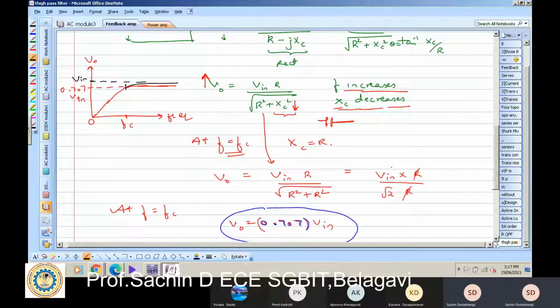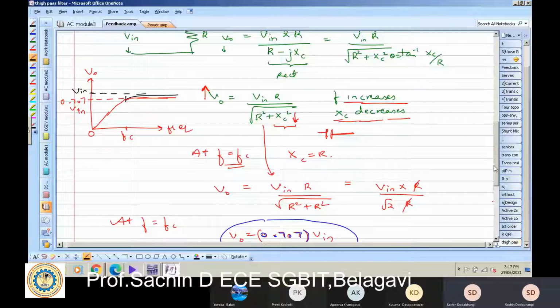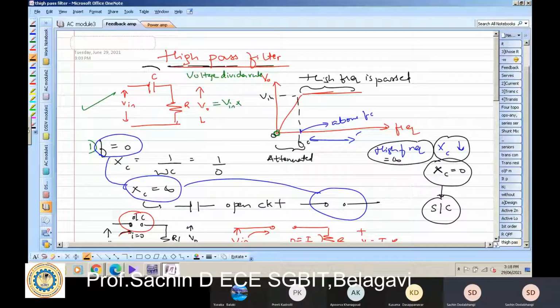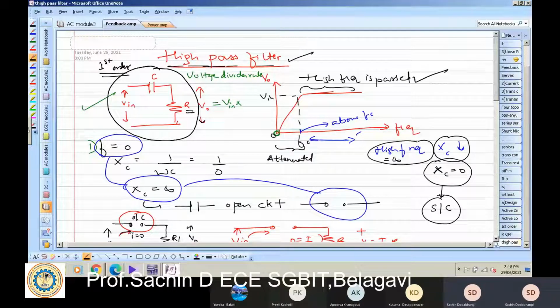Okay, just to remember the circuit. I'll just end up in 2 minutes. So this is the high pass filter, and just keep on rounding it off. This is my first order high pass filter. It has only one capacitor and one resistor. Remember, you apply the input voltage to both the capacitor as well as the resistor, and the output voltage is taken across only the resistor. That will be your high pass filter. As the name itself suggests, it passes only high frequencies, whereas low frequencies are blocked or attenuated.